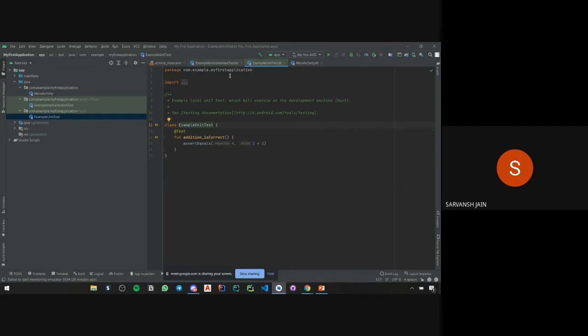Then there's the other type, the instrumented test. With this, you can test the UI of the application. It's a UI tester for your application. It lets you test platform API service and a lot of things, basically the UI of the application.